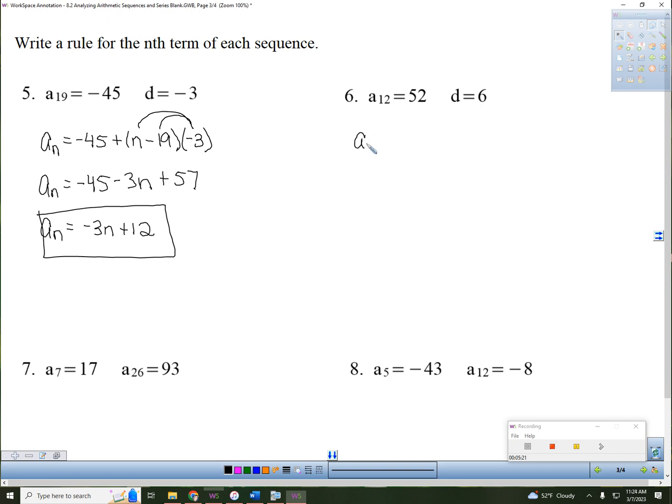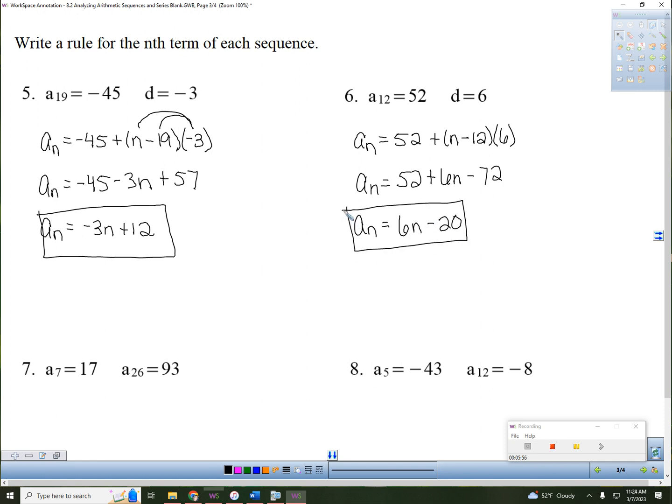So same thing on number 6. Instead of putting the first term here, we don't have that. We're going to put the 12th term. Plus, and then n minus. Now this is no longer the first term. This is the 12th term. So I'm going to put a 12 there, times my common difference of 6. So I have 52, distribute the 6, plus 6n minus 72. Combine like terms and put in order, and that gives you 6n minus